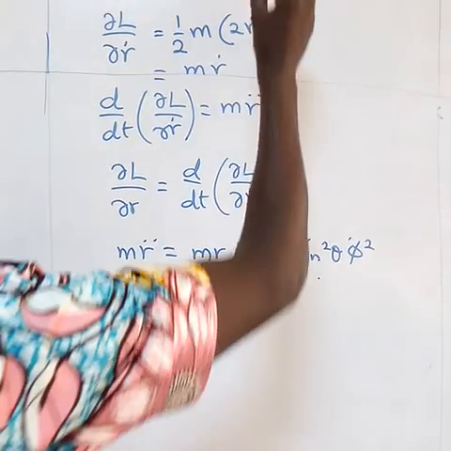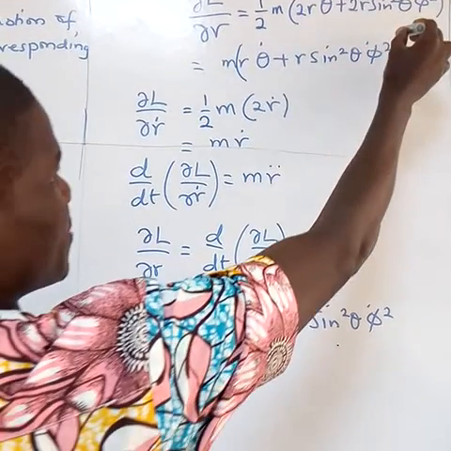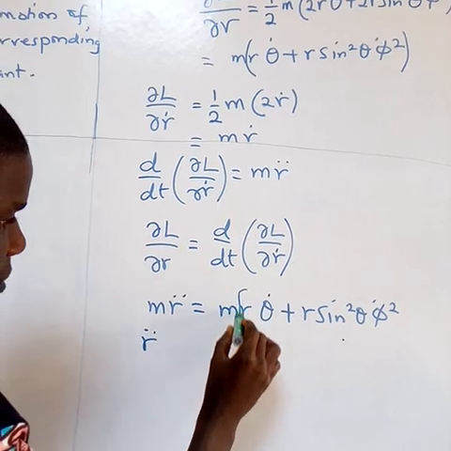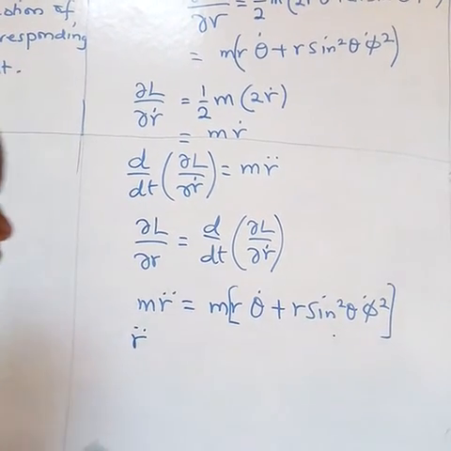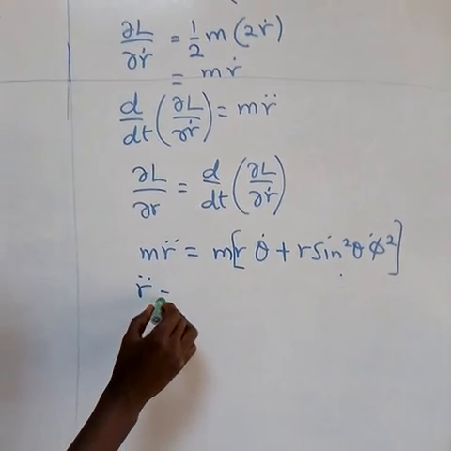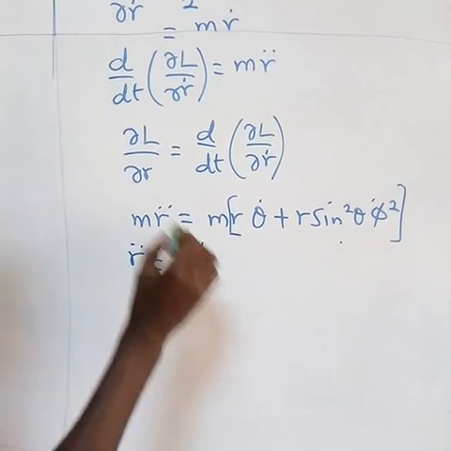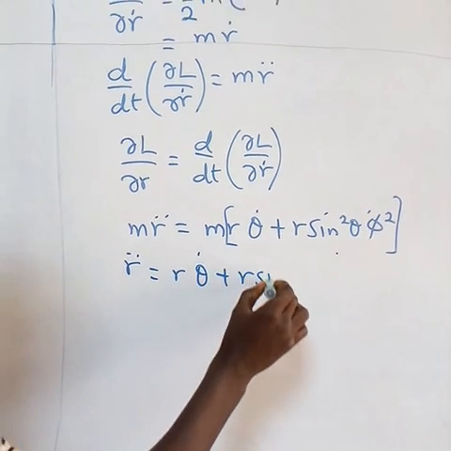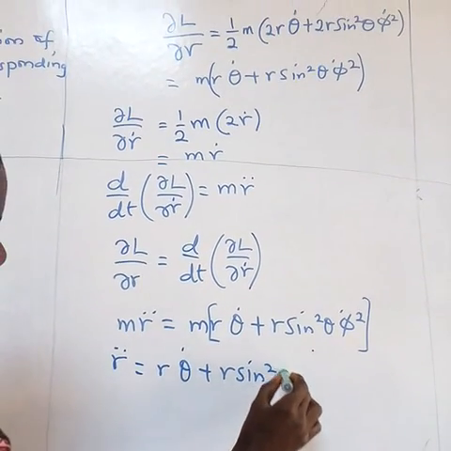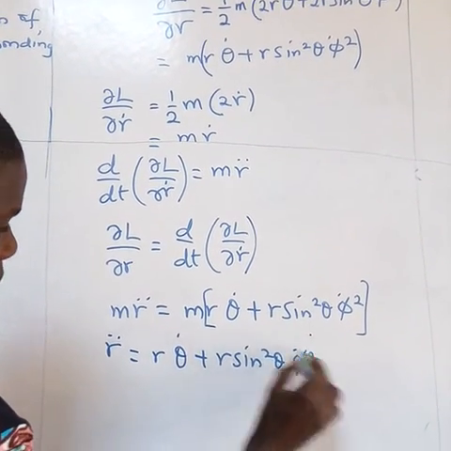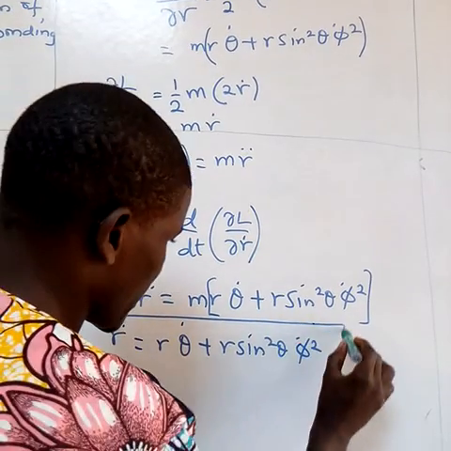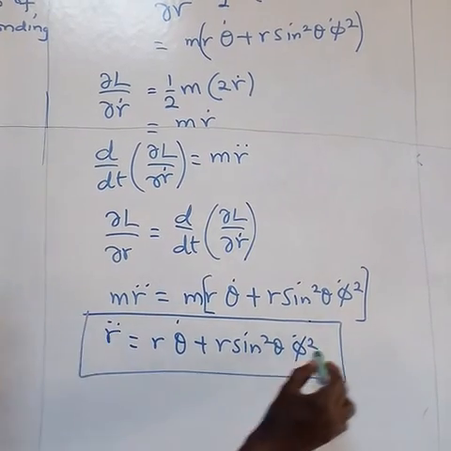There should be m here because this m actually covers everything. So automatically we are going to have this one to be equal to r theta dot plus r sine squared theta phi dot squared. So that is our final expression. So let's call this one